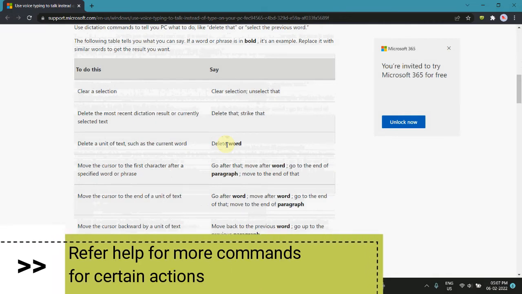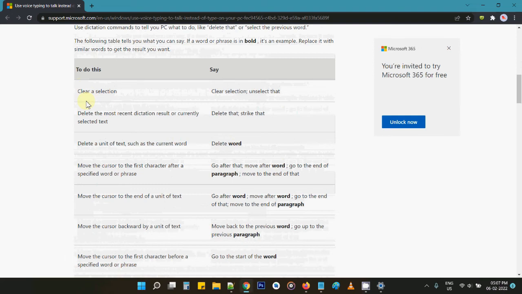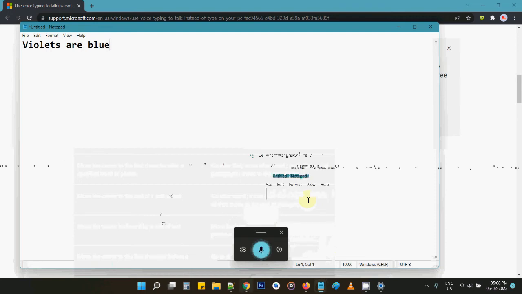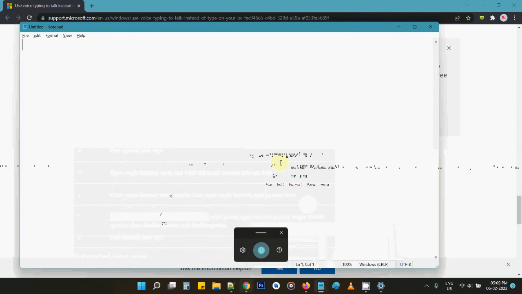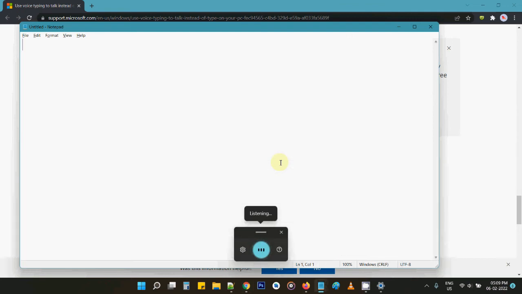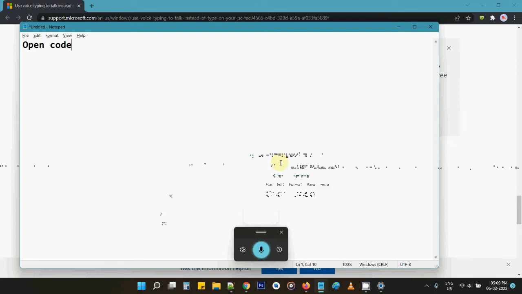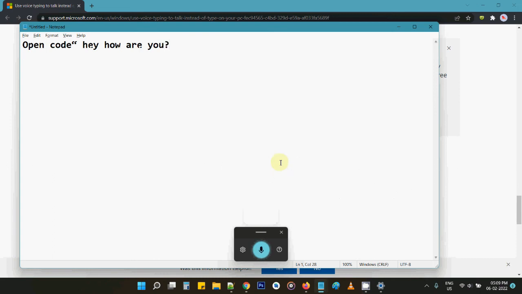So these are some of the commands which you can use to do certain things, like clear selection, unselect, delete the most recent dictation result, delete that, strike that. Okay. Violets are blue, delete that. Good. Open quote. Open quote. How are you? Question mark. Close quote. Come on. Say